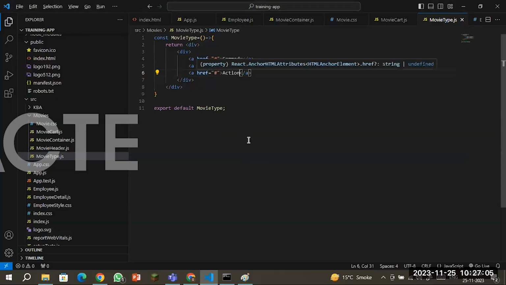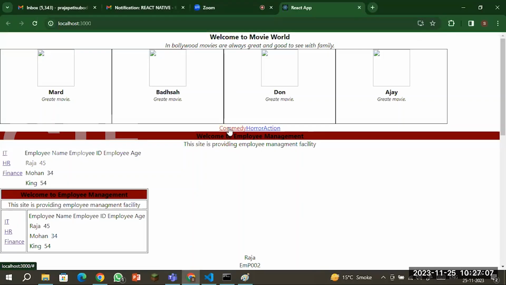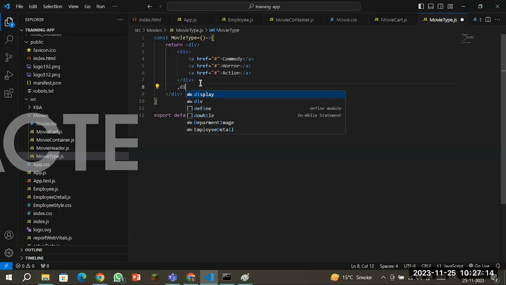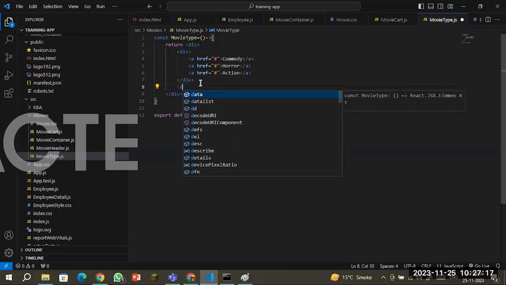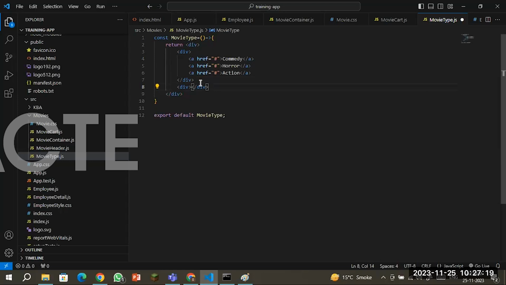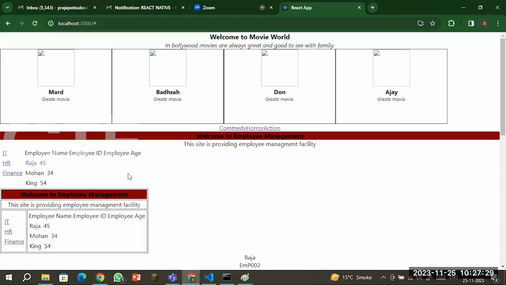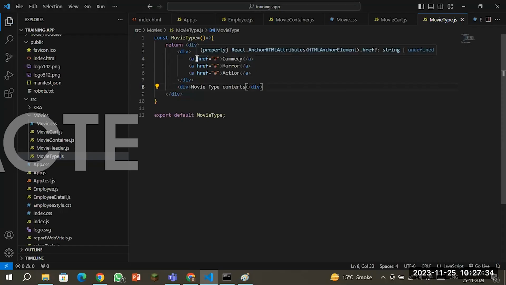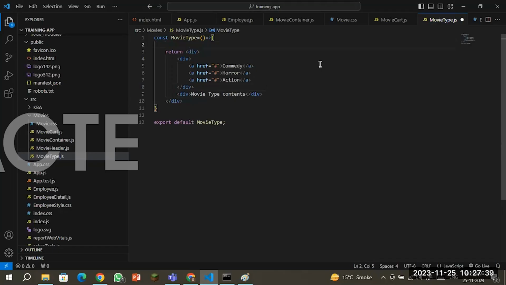Here, I want that whenever I click on it, then content should be displayed. So what content should display here is my div, movie type contents. So the movie type content should be displayed just below it. Okay. So how will it work? Suppose I have something here,